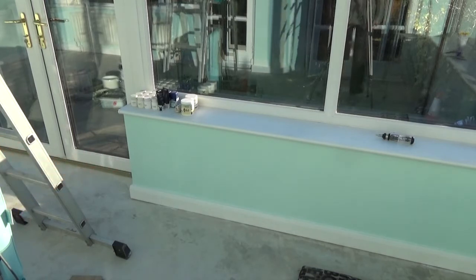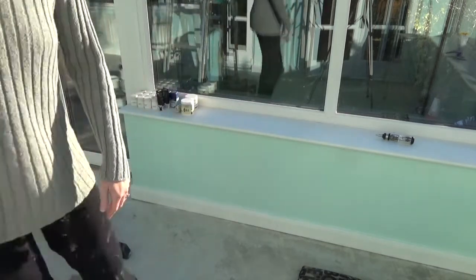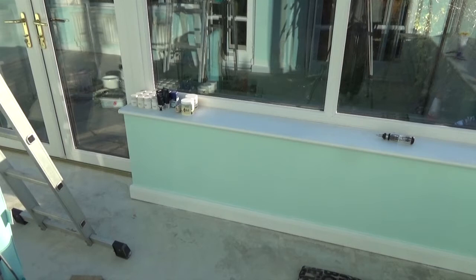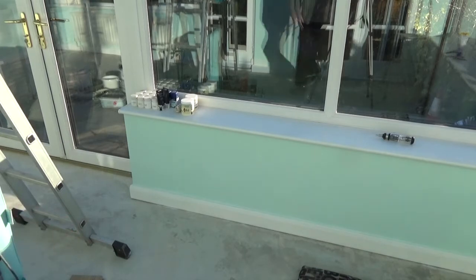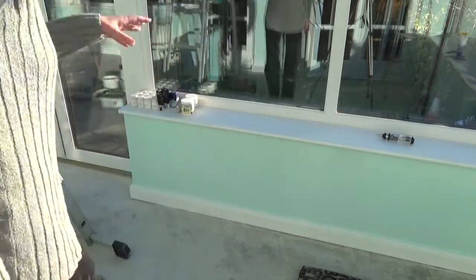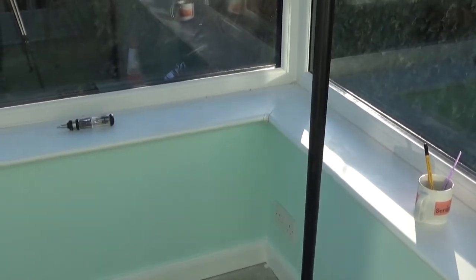I've got my painting clothes on again, so I look like a scruff. But down here, where the wall wasn't even, and I did argue with them, why isn't the wall even, you put the wall in. They had to fill it with cork, and the cork's gone up the wall a little bit, and it just looks messy, and it really catches your eye. It's the same with that little corner down there. I can't see whether you can see it on the screen. Ignore the blob on the floor, that'll be covered up by the tiles. Just there. And you can see it clearly there in the camera. That needs some kind of work. I don't know, sand it back, or